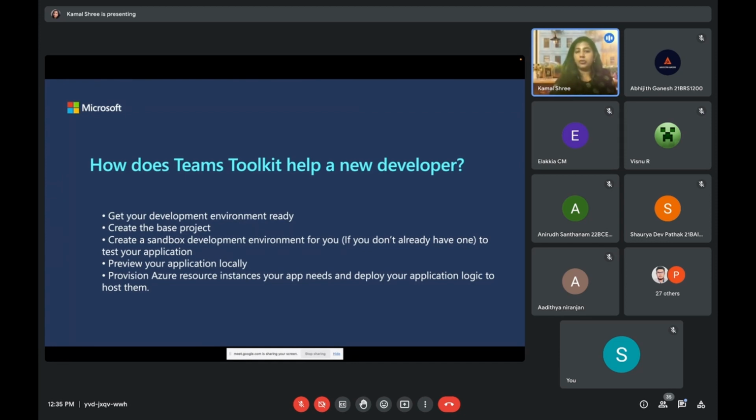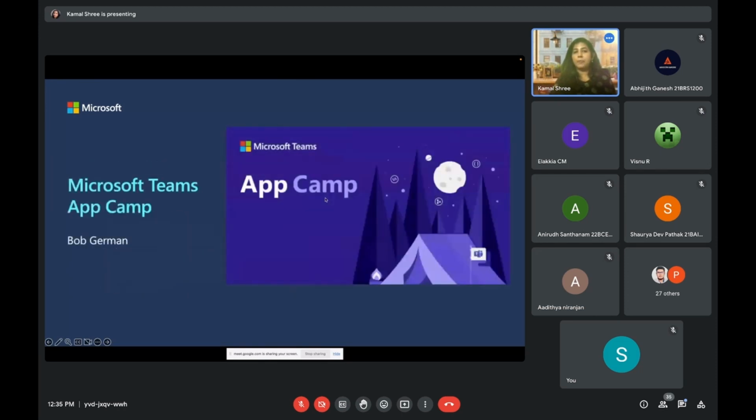You can have a preview and you're good to go. Even it connects to Azure if you want to connect to the backend and get a few resources and you want to deploy your application. So everything is set for you. You just have to connect and start using it. So that's how easy Teams Toolkit is for building Teams apps. So that's the best choice.